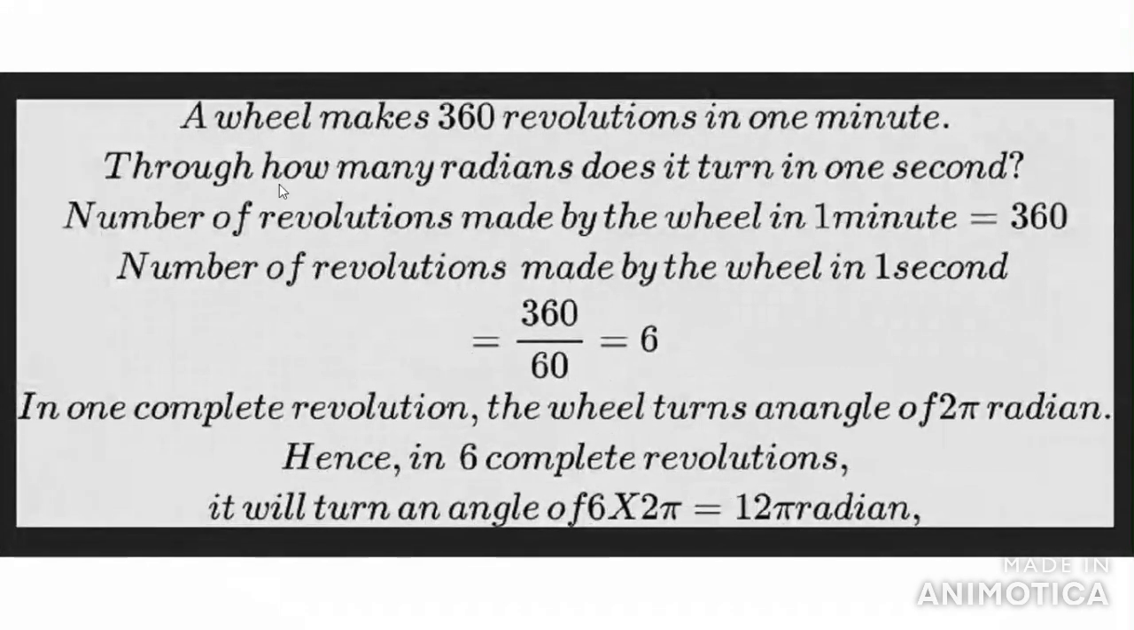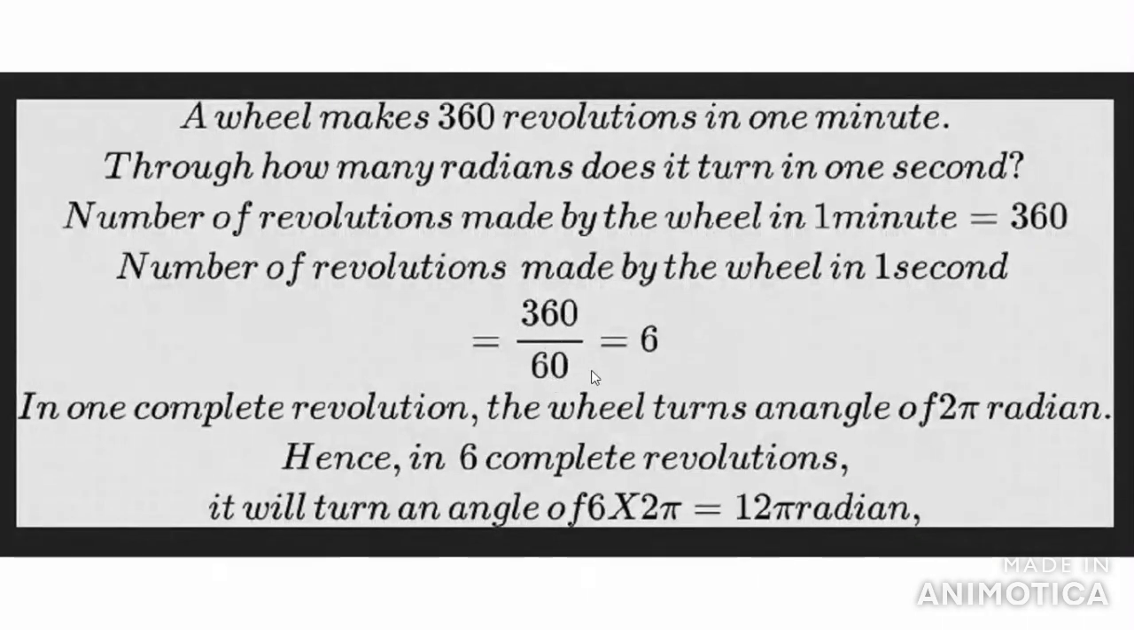See this question. A wheel makes 360 revolutions in 1 minute. Through how many radians does it turn in 1 second? Now, the number of revolutions made by the wheel in 1 minute is 360. It is given. And you can find the number of revolutions made by the wheel in 1 second, because 1 minute is equal to 60 seconds. In 60 seconds it makes 360 revolutions, and number of revolutions in 1 second is